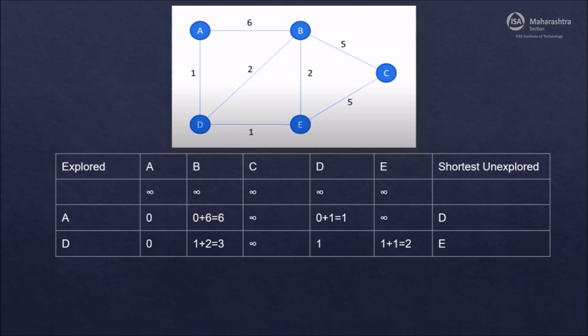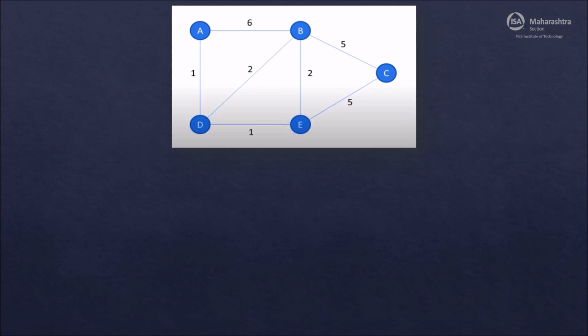So now in table we are having the values like 0, 3, infinity, 1 and 2, from which minimum is 0 which is of node A which is explored, another one is 1 for node D which is again explored, and another is 2 which is of node E. So the minimum value will be 2 which is of node E. So we will explore node E next. So from node E we are going to calculate the direct distances. For node A and D, the distances will remain same, that is 0 and 1.